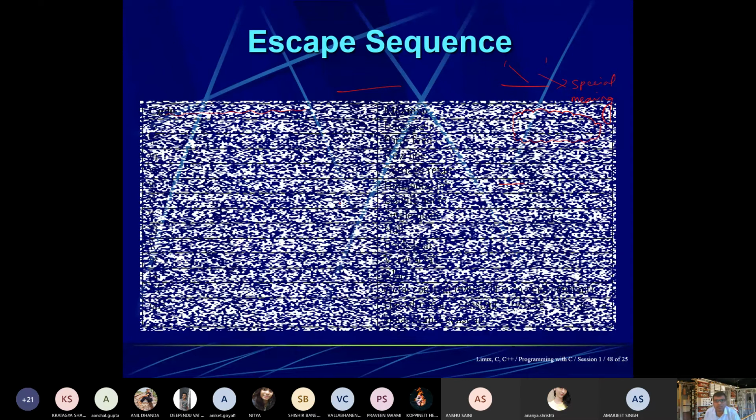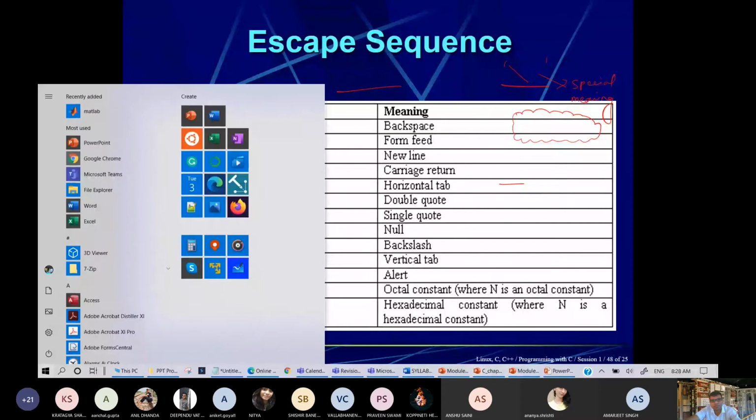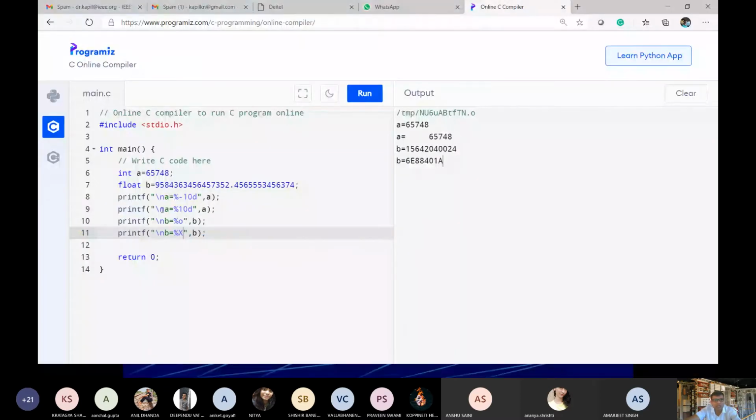Now let us see different escape sequences. So this is for backspace. Whenever you are putting backspace, okay, what is the meaning of this? So let us see, suppose I am putting here instead of \n, and I write here hello.